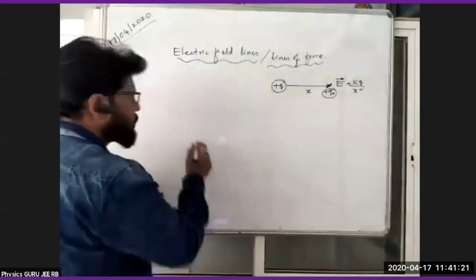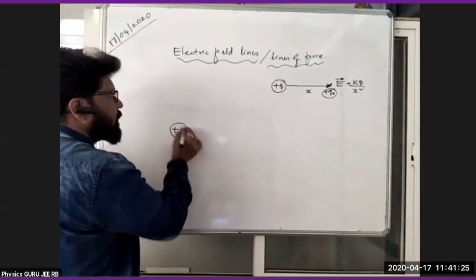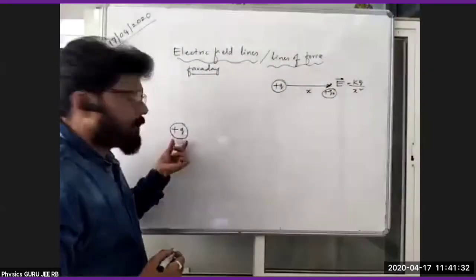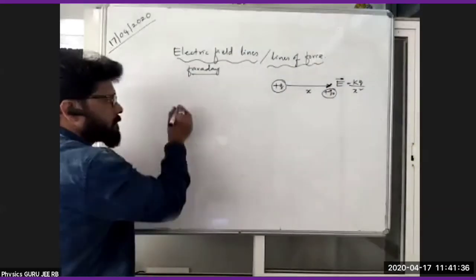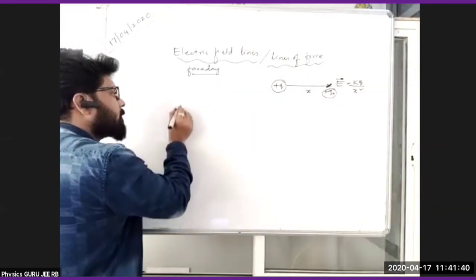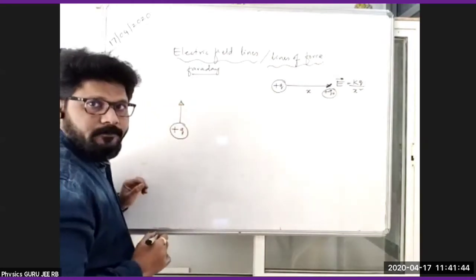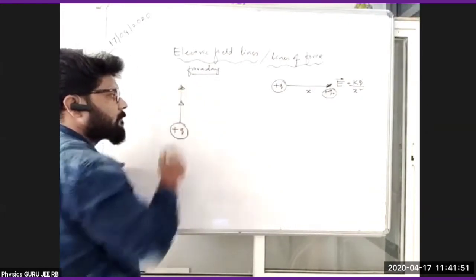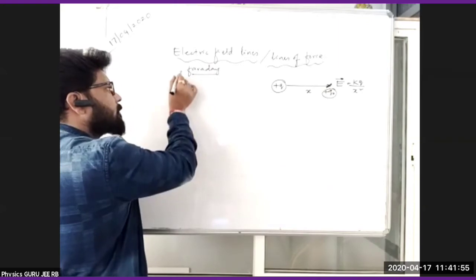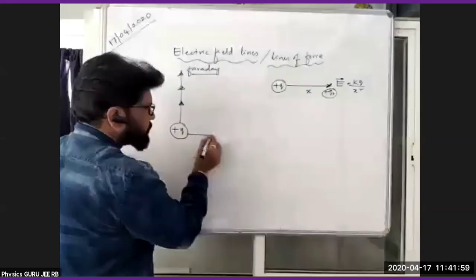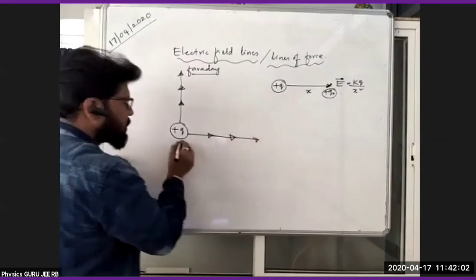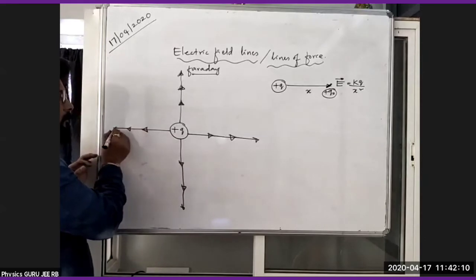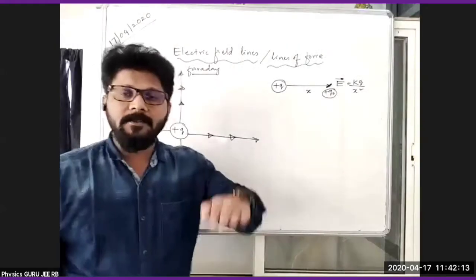First, if I take a positive charge, this is a positive charge. According to Faraday, he did one experiment. He took a positive charge and a test charge is placed nearer to it. Then there will be repulsion from this particular point. He placed a test charge here. Again, he placed it some more distance away. Then again, it is repelled from that particular point. Same thing here. So as we are going away from that one, the field is gradually decreasing.